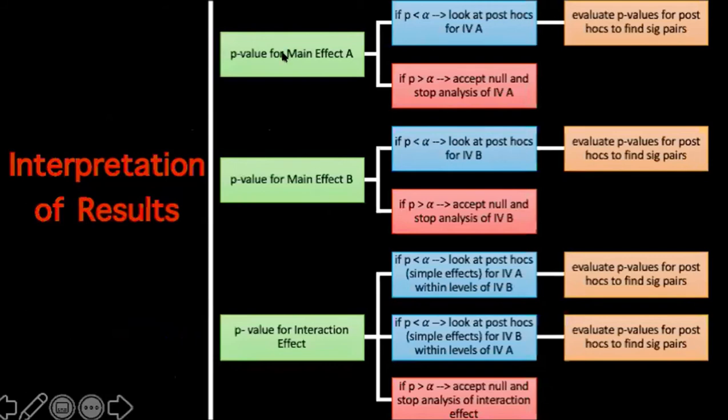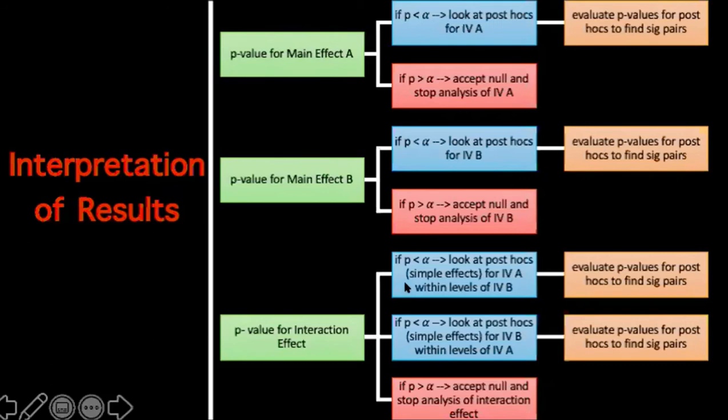So again, you start with 3 main effects, right? 2 for the independent variables, 1 for the interaction, okay? So you treat the main effects as you would a one-way ANOVA. Just think that you're isolating out 2 one-way ANOVAs, right? And when you have a significant effect, you look at the posthocs to find your significant pairs. That's everything you've done already. So these 2 sections you have experience doing. For the interaction effect,